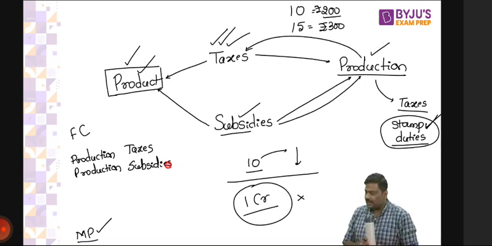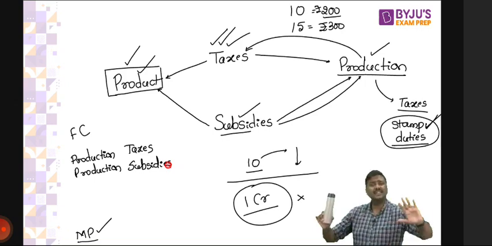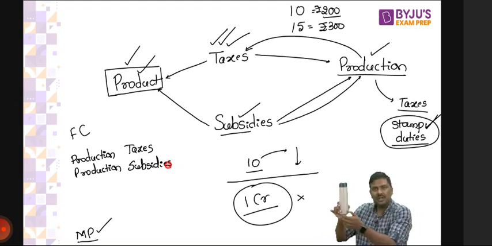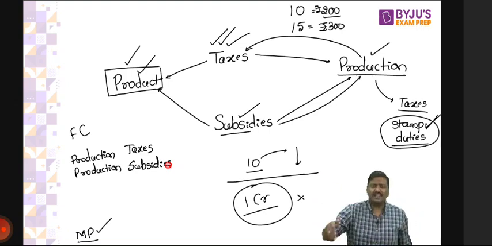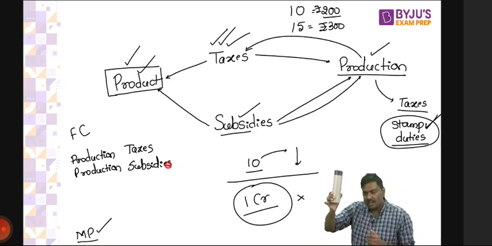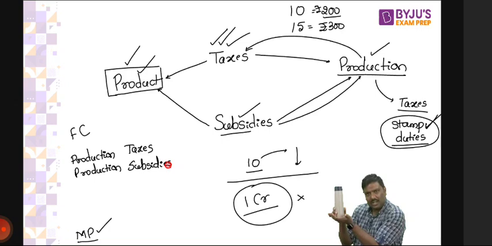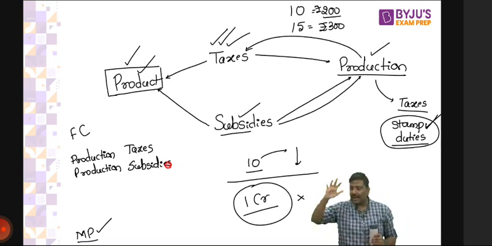Remember this. I'll repeat it again. As a manufacturer, whatever taxes you are going to pay related to the bottle. You purchase the land. For what are you using it? To manufacture the bottle. You are paying taxes to the government when you purchase electricity. What are you using electricity for? The bottle. So the argument is simple. Whatever taxes you have paid which are connected to manufacturing of the bottle are included. Is the logic okay? Included.